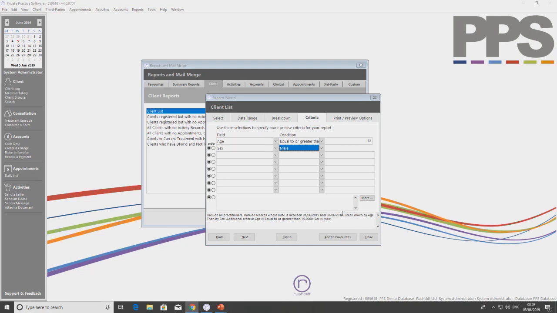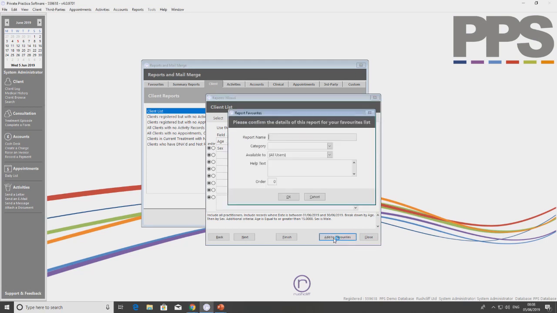So right at the very bottom here, we've got the option to add to favourites. So this button here. So just going back to where we were saying you've got your favourites section, this will allow us to, now we've put our own stamp into it, so now we've put our own requirements in and our own criteria, we'll be able to say, great, I want to run that on a regular basis. So let's save my requirements and my particulars here. So all I'm going to do is say